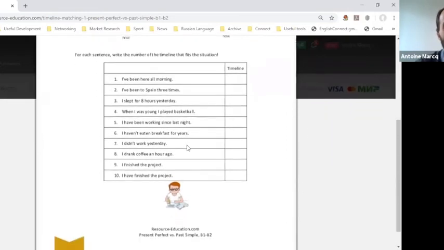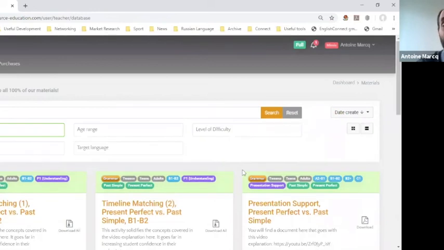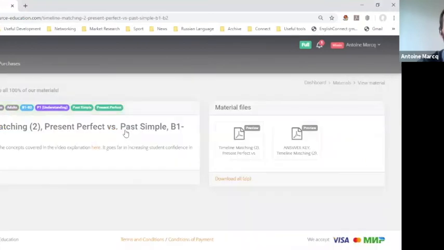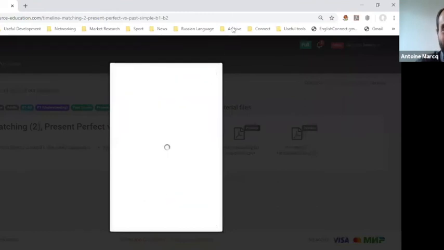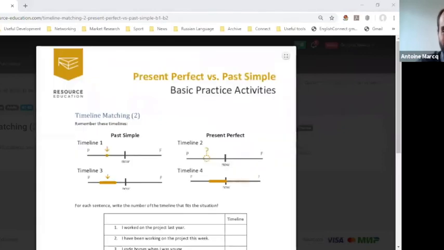So we have all these examples called timeline matching. And this is a good way to teach present perfect, combining it with what you have in your textbooks and things like that. Oh, sorry, I didn't notice in the chat you were participating. You were trying to guess. Okay. Let's try timeline matching number 2. All right, and this time I'll open the chat and I'll pay attention to what you're saying.